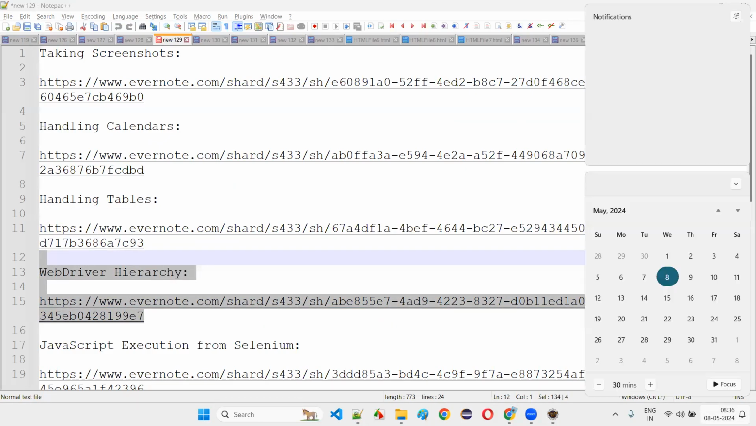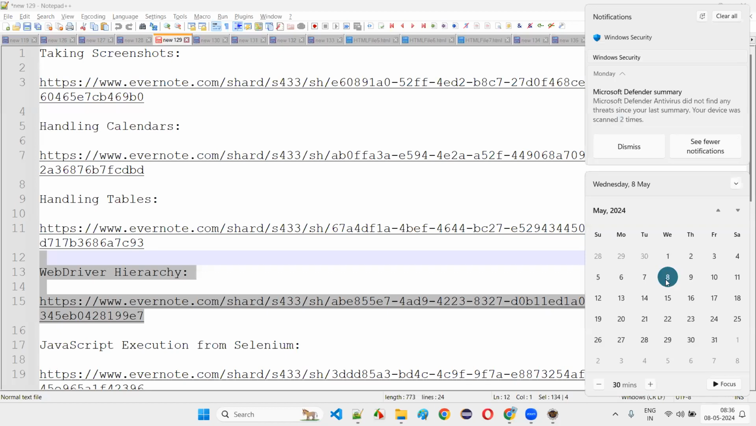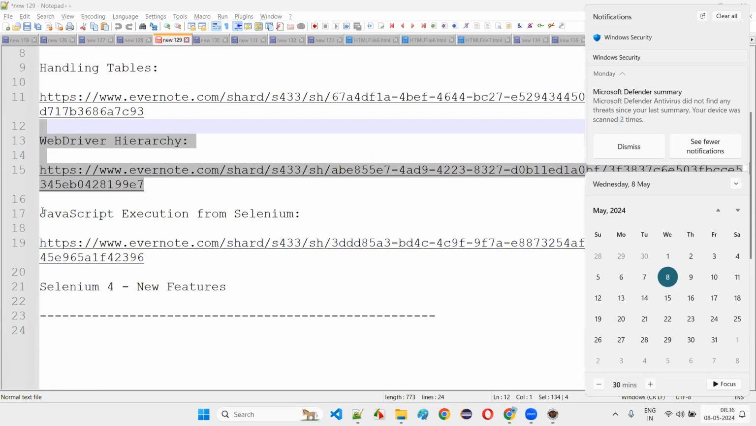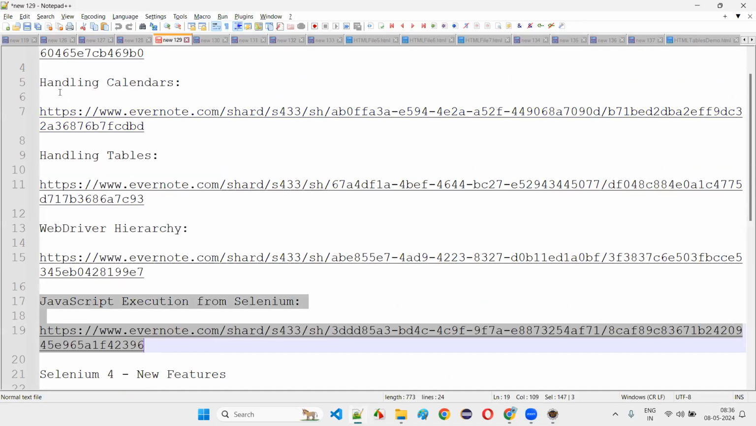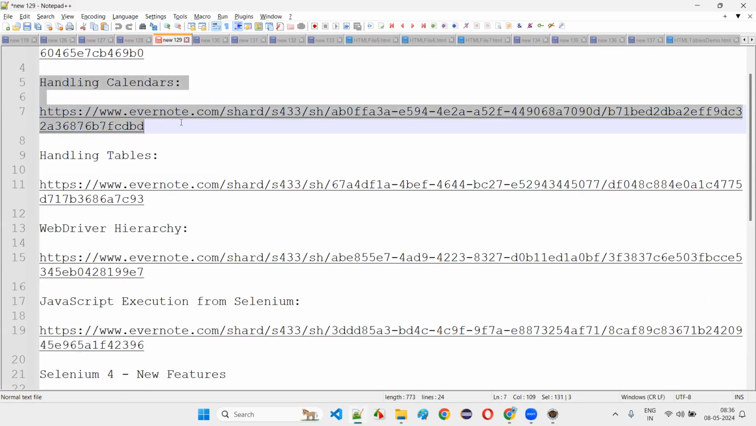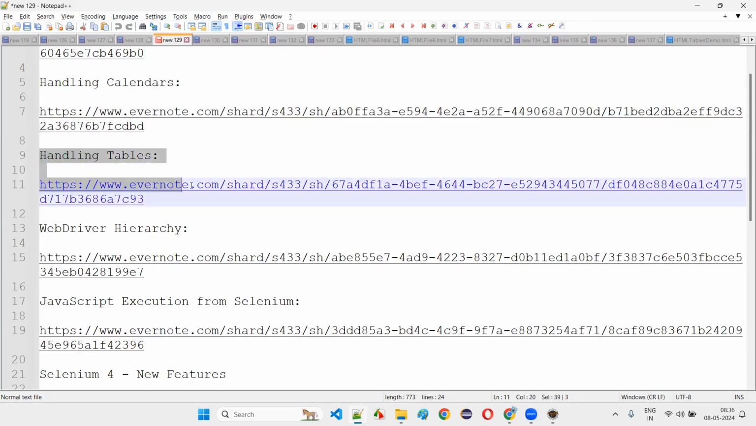So what is the plan for this week? Today we completed static tables. Tomorrow dynamic tables. Day after tomorrow WebDriver hierarchy. On 11th, we'll continue with the other stuff like calendars. Some calendars were left out, right? The calendars. And on 11th and 12th, if there is anything related to dynamic tables, realistic real-time applications and all,